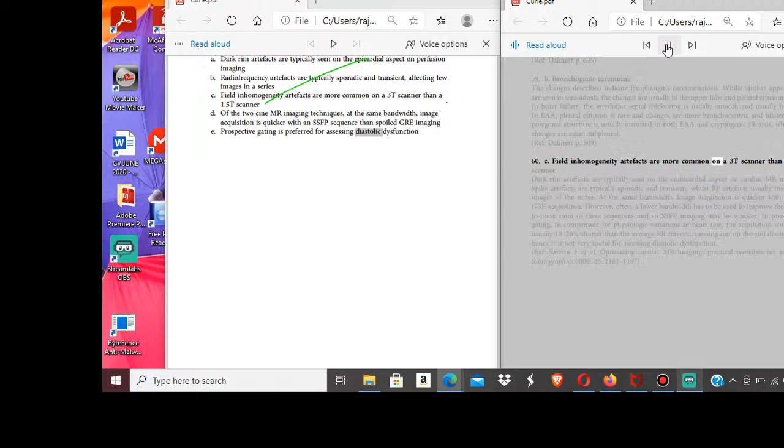Inhomogeneity artifacts are more common on a 3T scanner than a 1.5T scanner. Dark rim artifacts are typically seen on the endocardial aspect on cardiac MR imaging. Spike artifacts are typically sporadic and transient, whilst RF artifacts usually involve all images of the series. At the same bandwidth, image acquisition is quicker with spoiled GRE acquisition. However, often, a lower bandwidth has to be used to improve the signal-to-noise ratio of these sequences, and so SSFP imaging may be quicker. In prospective gating, to compensate for physiologic variations in heart rate, the acquisition window is usually 10-20% shorter than the average R interval, missing out on the end diastole, and hence it is not very useful for assessing diastolic dysfunction. Ref. Optimizing cardiac